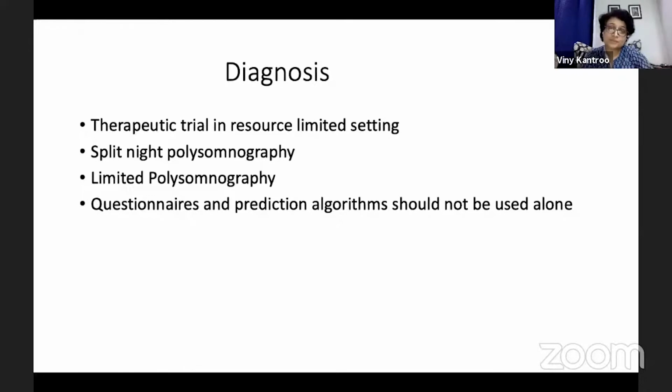They are also monitored for their SpO2, which is the oxygen saturation. In certain cases, just to screen these patients, we can also put the SpO2 monitor and watch them bedside during their sleep for witnessed apneas and desaturations associated with them, leading on to arousals and microarousals, which you can see with your naked eye, and hence give them a therapeutic trial in a resource limited setting. But obviously, these are not the gold standards